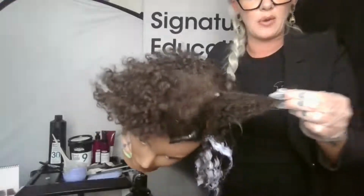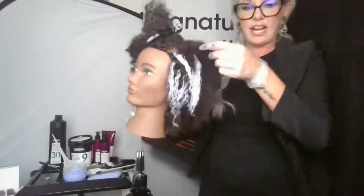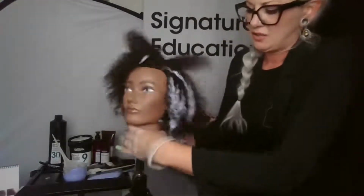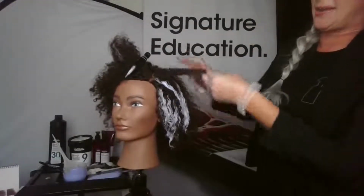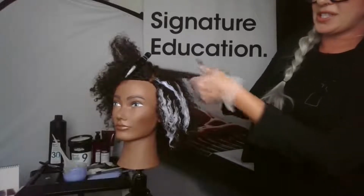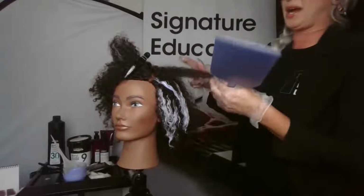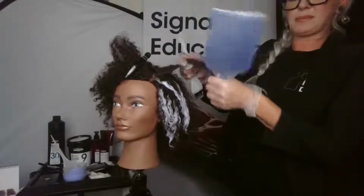I'm just going into it, and wherever I feel the hair is naturally falling, I'm kind of just working with that. So it's not too planned out. I'm again just working with the natural fall. So here, this looks like a great section. I'm going to continue with the double point all the way up. Thumb, tension, pull,